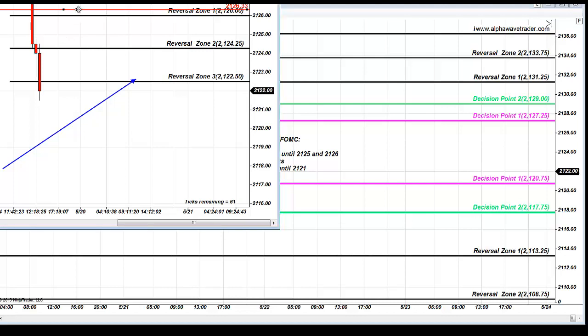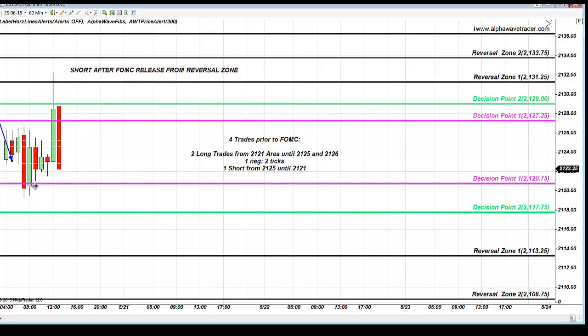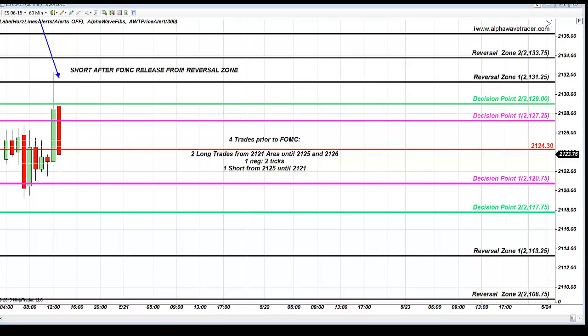Clear. Short. Blasted through reversal zone, moving into hourly chart. Remember, we've been taking longs on S&P from the entire morning, 4 trades prior, and been talking about this reversal zone for the last 2 days. Short from 21.30 and 21.31. If you are a knowledgeable alpha wave trader, dream trader, reach